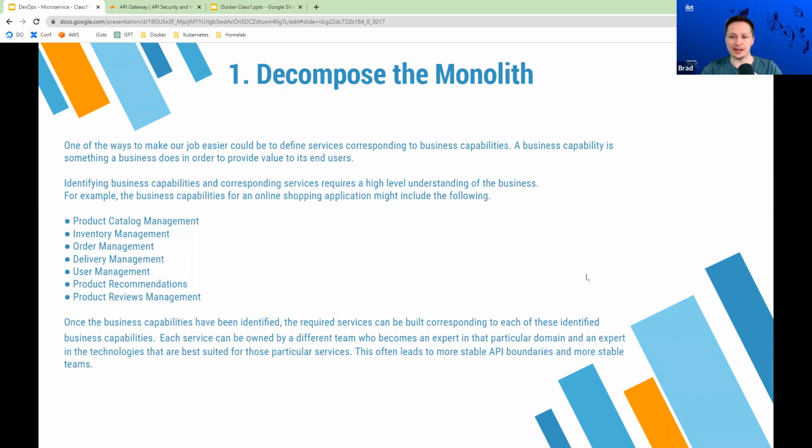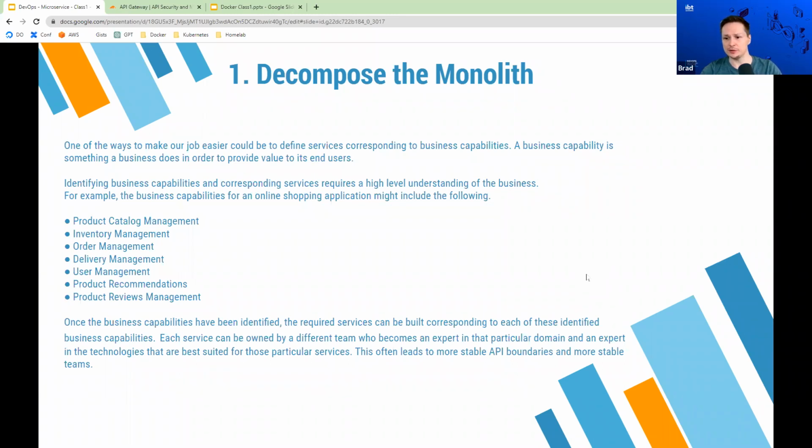So once you've identified all the different business capabilities, the required services can be built corresponding to each of those identified business capabilities. Each of these different components can be owned by different teams, as we discussed, and those teams can be experts within that domain.